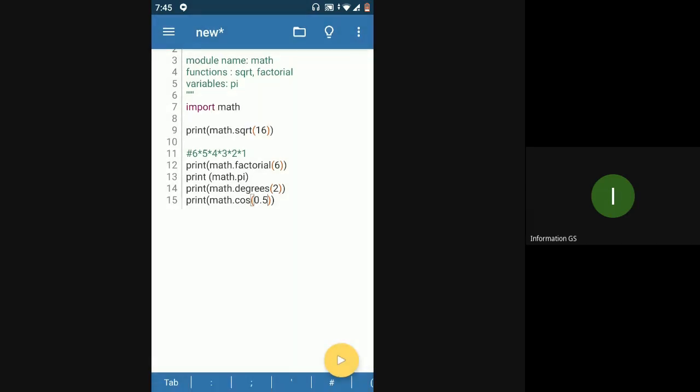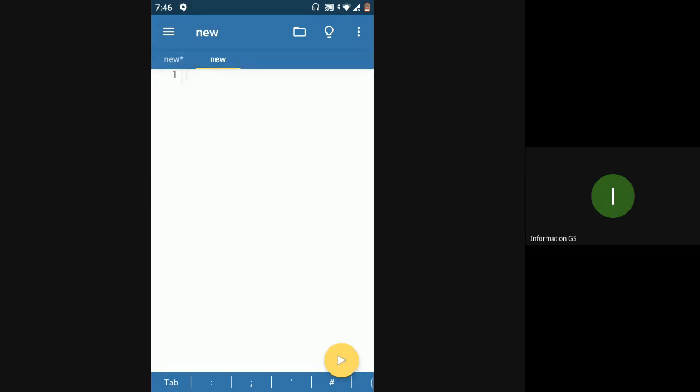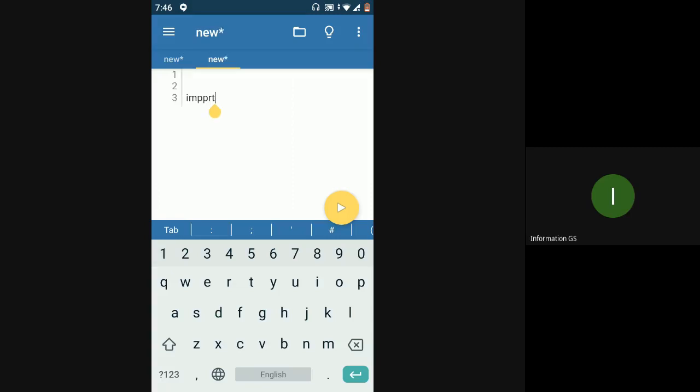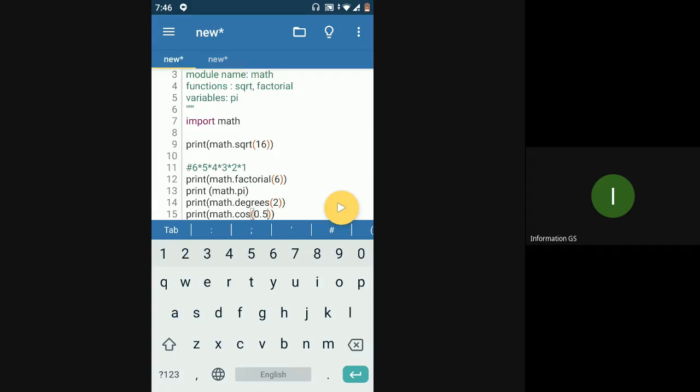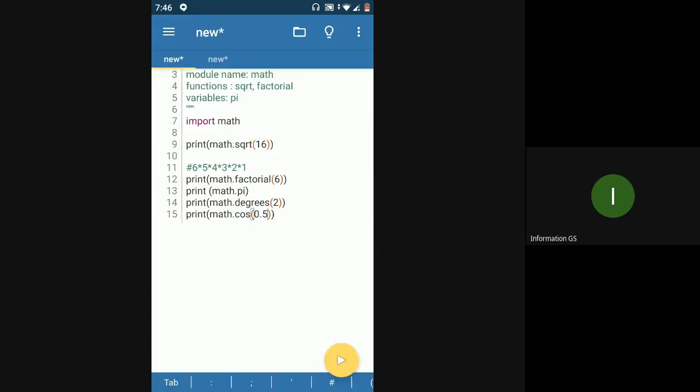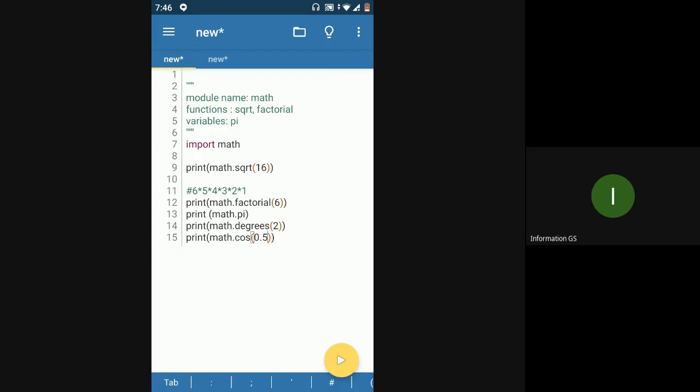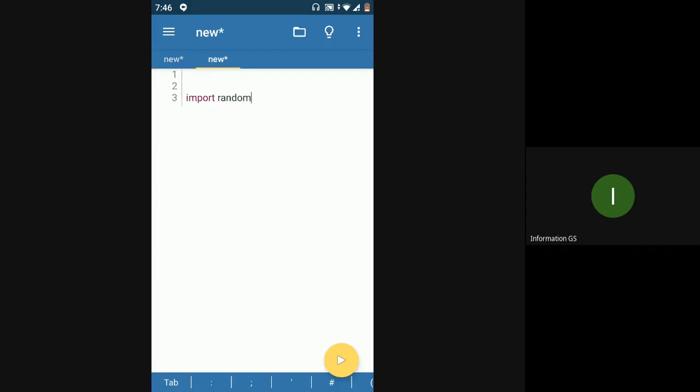This is one inbuilt module that you can use, and there is one more inbuilt module called random. Let's try that as well. Import random. Random, as the name suggests. Here you can see that by the module names themselves you can find out what functions would be present inside the module. Math, it is very clear there will be mathematical operations present, and in this case random gives you a clear impression that there will be some functions to generate random numbers.